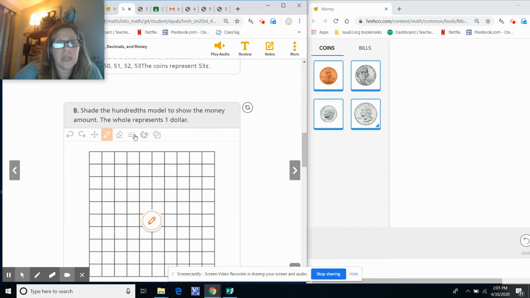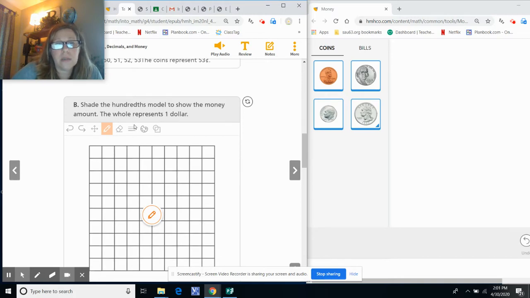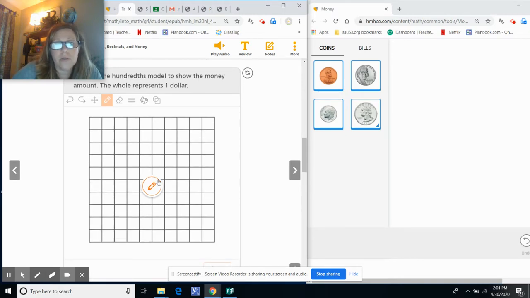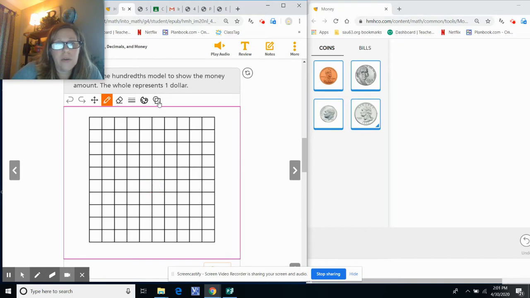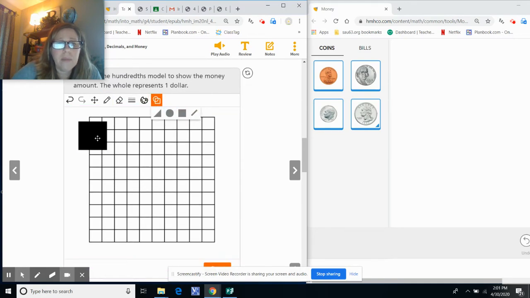Okay, let's slide down to the next. It says, B, shade the hundredths model to show the money amount. The whole represents a dollar. So this whole represents $1. So what you're going to do is you're going to shade in the amount above. So I'm going to use my square, and I'm going to shade in 53. So remember now, each one of these columns equals 10. So if I go down 10,